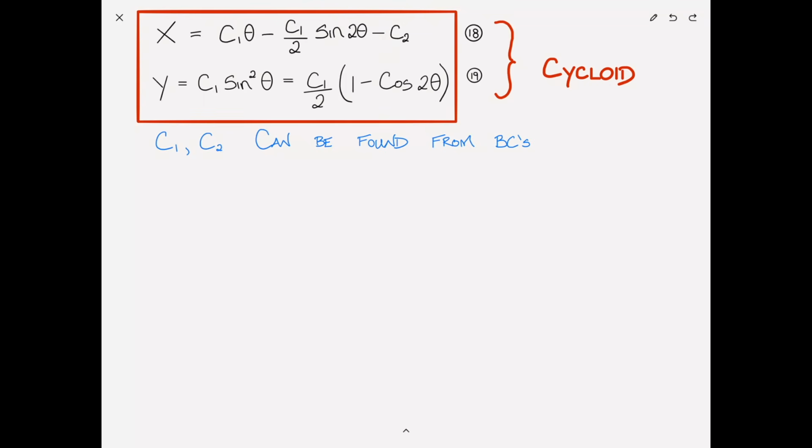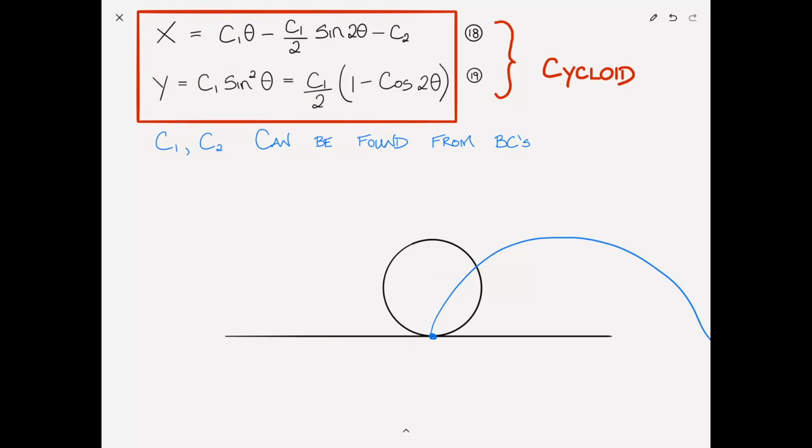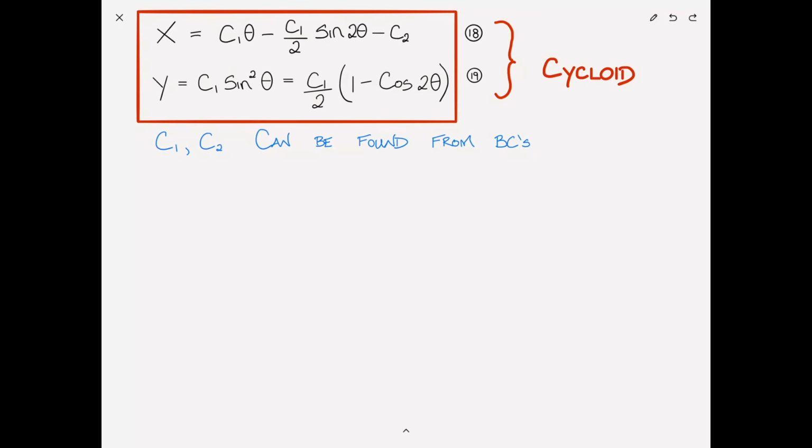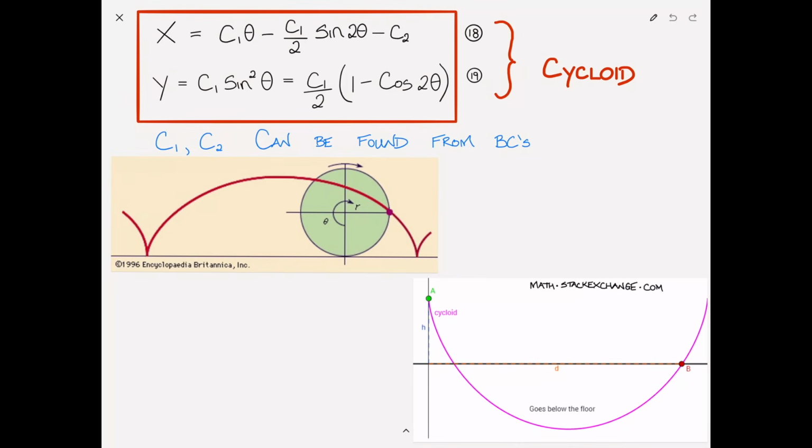What is a cycloid? Well, if we take a straight line and we roll a disc or a wheel along that, if we mark a point on the perimeter of the wheel, as that wheel rolls, a cycloid is the path traced out by that point. Looks something like that. And then I was able to find some graphics online that further illustrate this. So a cycloid is the shape that this point makes while rolling along a straight line.